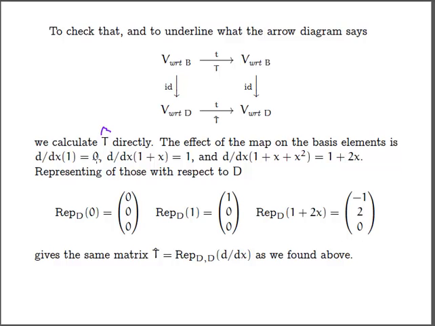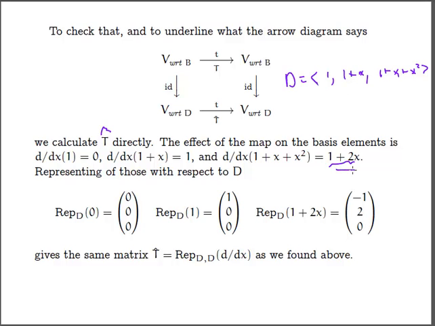Representation of 0 with respect to the D basis is 0. Representation of 1 with respect to the D basis is 1, 0, 0. And representation of 1 plus 2x, again, I can write this D basis out. The D basis is equal to 1, 1 plus x, and 1 plus x squared. Now 1 plus 2x is equal to, I'm sorry, it's equal to minus 1 plus 2 times 1 plus x. So that's where you get this from. You can verify that minus 1 times 1 plus 2 times 1 plus x gives me 1 plus